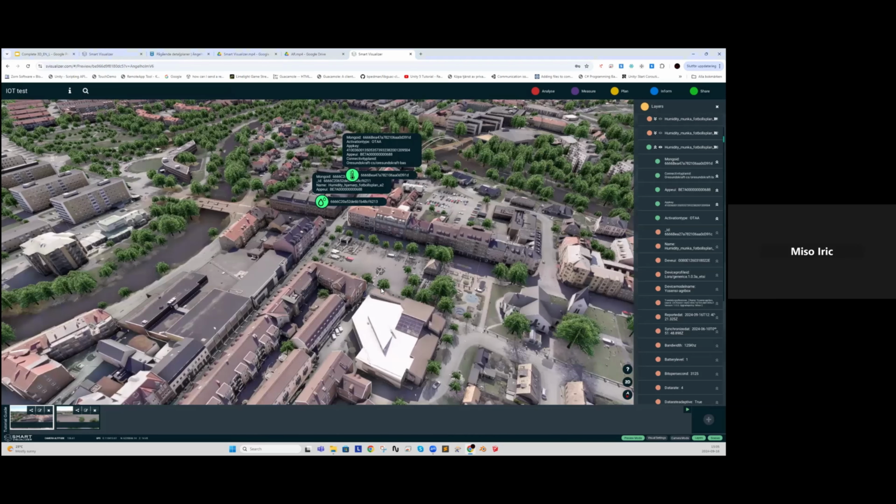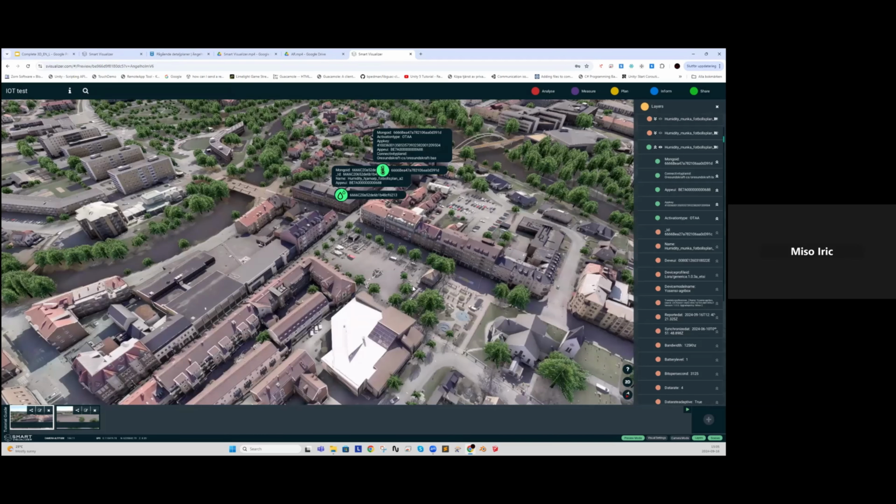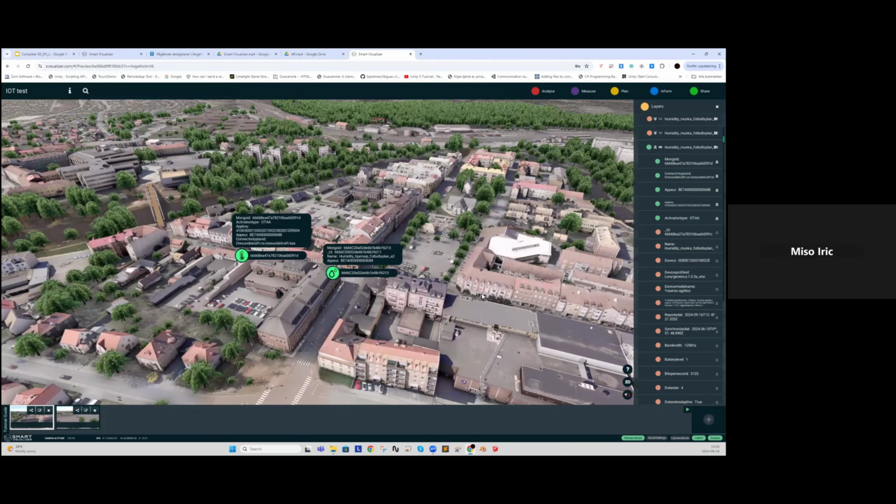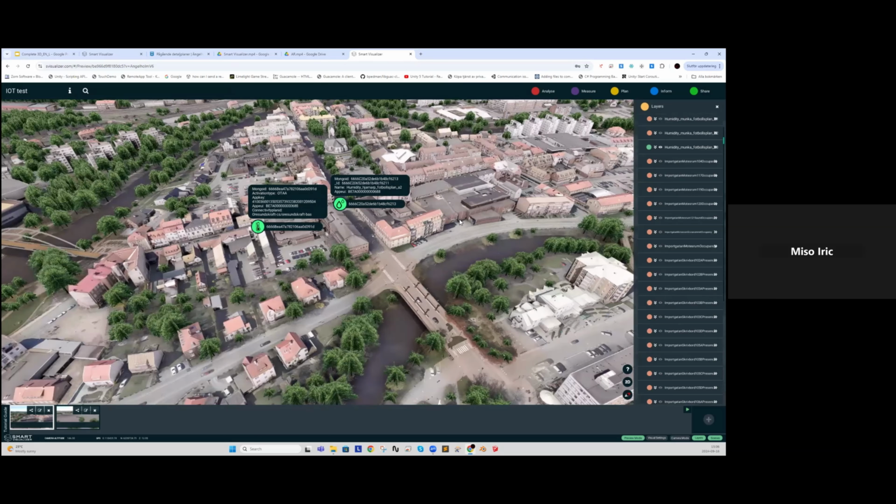Here we have integrated the EGO platform in the Smart Visualizer. In this case, as I said, we are just displaying all the data that is inside the sensor, but a user can also search. We are adding more search possibilities, so you can search the sensor types, sensor name, or data fields for different values and so on. You can gather different sensors together and visualize them with the 3D model. We have also done some other applications.